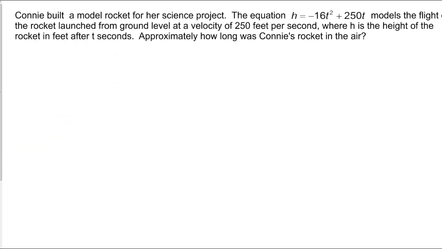So now we've got a word problem talking about the path of a rocket ship and its height over a period of time given by the following equation here. And they want to know about how long this rocket ship was in the air. So if we graph this, I'm guessing it's going to look like this. Starts from the ground, goes up, and then comes back down. So again, we want to know how long it's been in the air. We need to find its x-intercept over here. So we're going to use our calculator again